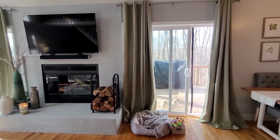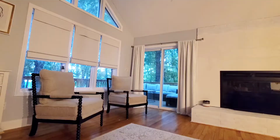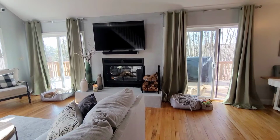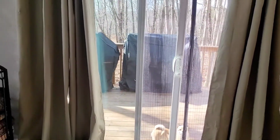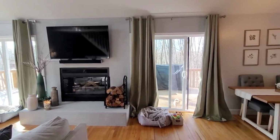I got these on Amazon, and I'm going to show you guys a picture of the white curtains that I had before. And so I found these really pretty moss green ones on Amazon. I got the length of 108, and I feel like in the sunlight you could see it better. It's a really pretty moss green color, and they are blackout curtains, but they weren't actually wide enough for my glass sliding door, so I actually had to purchase